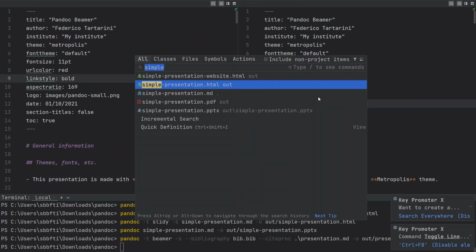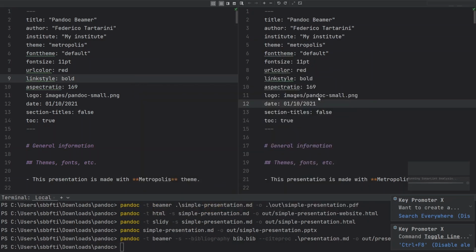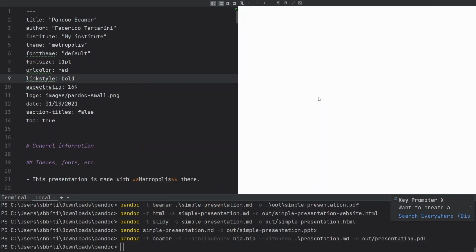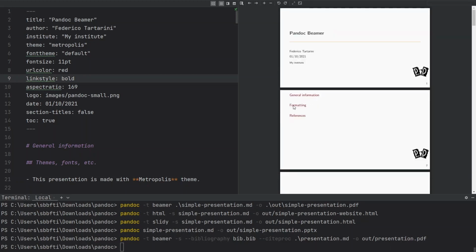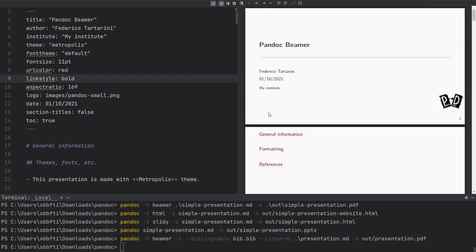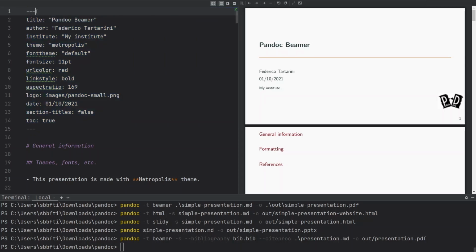So we can search for the presentation file, which is called presentation.pdf here, which is the file that we just have created. So let's go step by step. I will show you all the commands, how to generate this file, and all the things that I've added to this document. So I'm going to zoom in on this one, and we're going to go slide by slide. So here is the preamble. Because we have 3 dashes at the top and 3 dashes at the bottom, we can specify all the config.